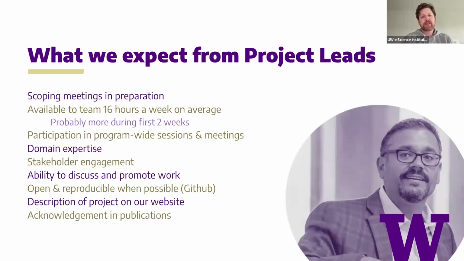So, what we expect from project leads involved with the DSSG program. As you can see here, running scoping meetings, we expect to convene at least 2 or 3 of these, but it can be more if the project leads and the data scientists think it's necessary. The ability to work alongside the students assigned to your team for 16 hours. Now, 16 hours, we want to make clear, is a mix of ambient and direct collaboration. So being generally available or maybe directly collaborating, not necessarily 16 dedicated hours of collaboration.